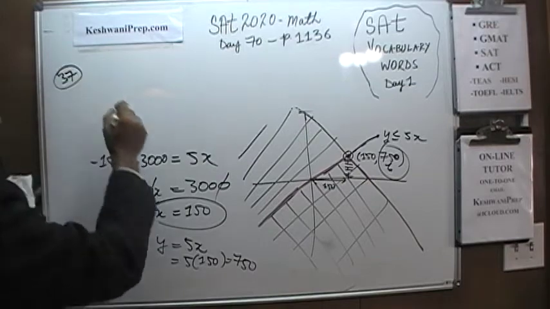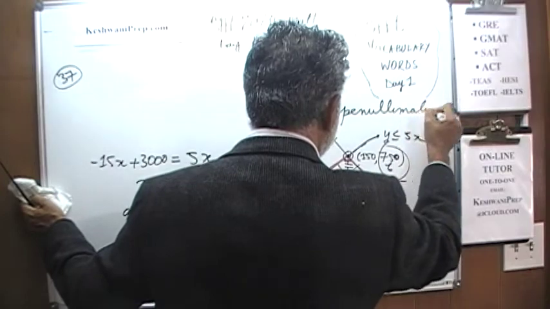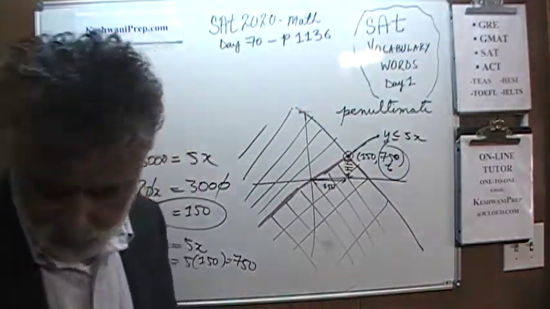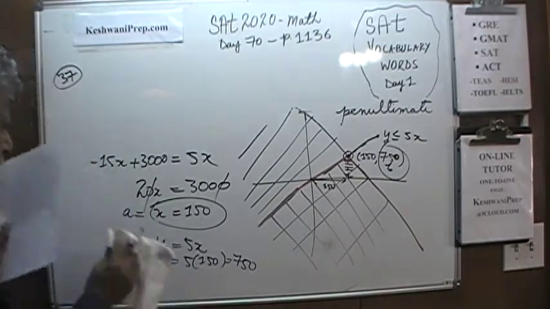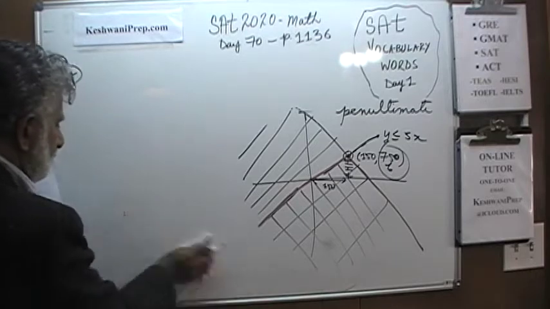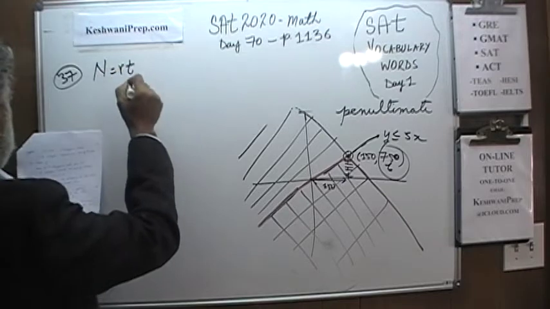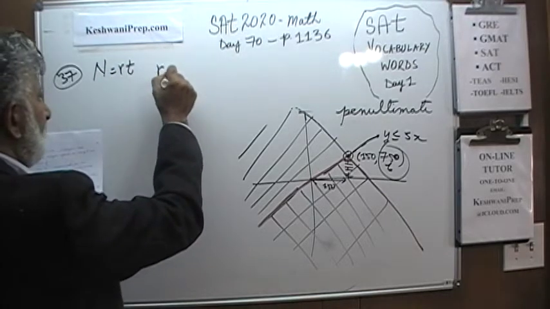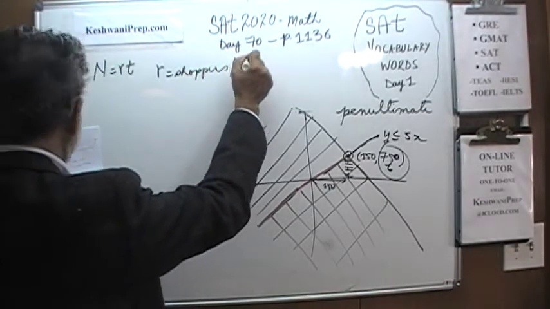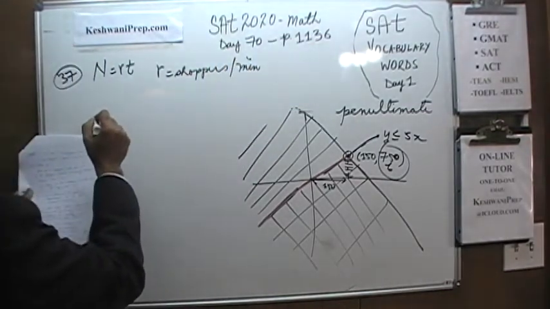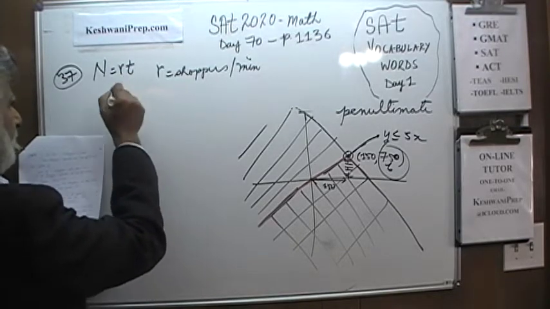Number 37, the penultimate question. We'll worry about that in a second. Number 37. It says that N is equal to R times T. R represents the number of shoppers per minute. And we're told that's what R represents, and T represents